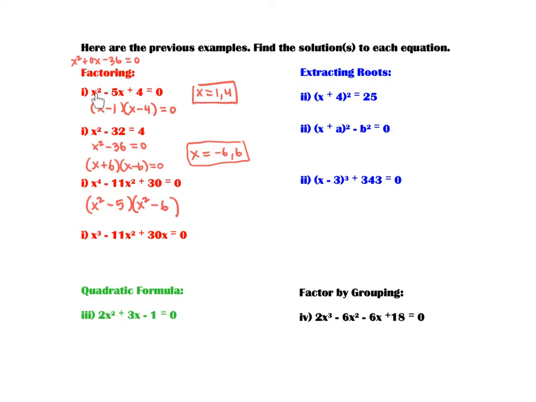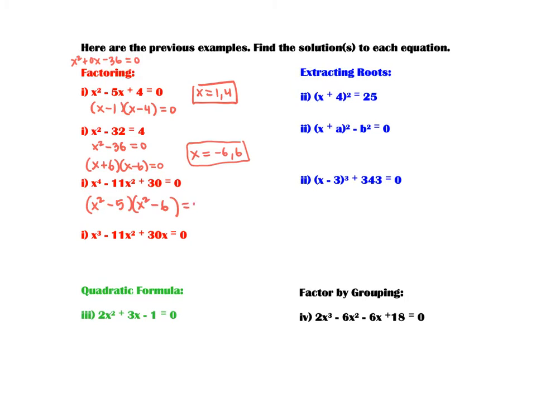In previous examples I had an x squared, then an x, then a constant. Here I have an x to the fourth, x squared, and then a constant. If I had, let's say, x to the fourth and x cubed, this method would not work. It's got to be x to the fourth and x squared and then a constant. Okay, so I can solve both of these